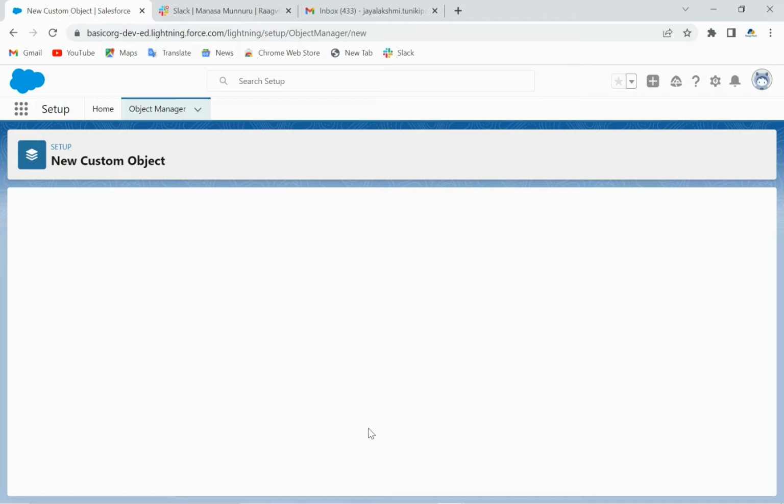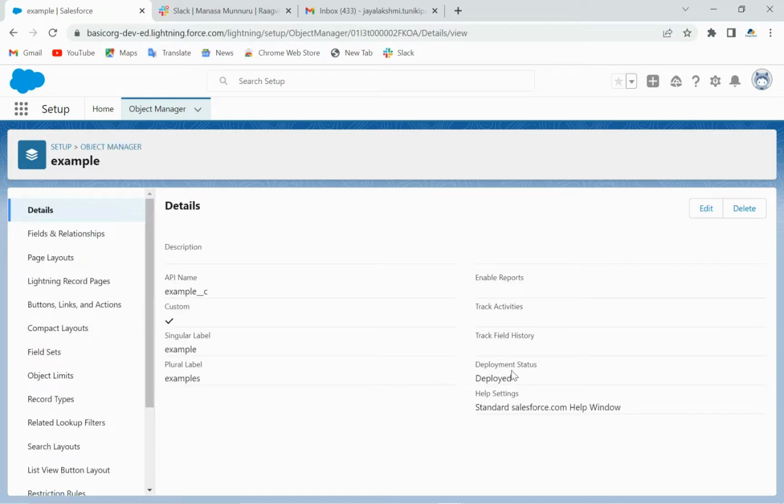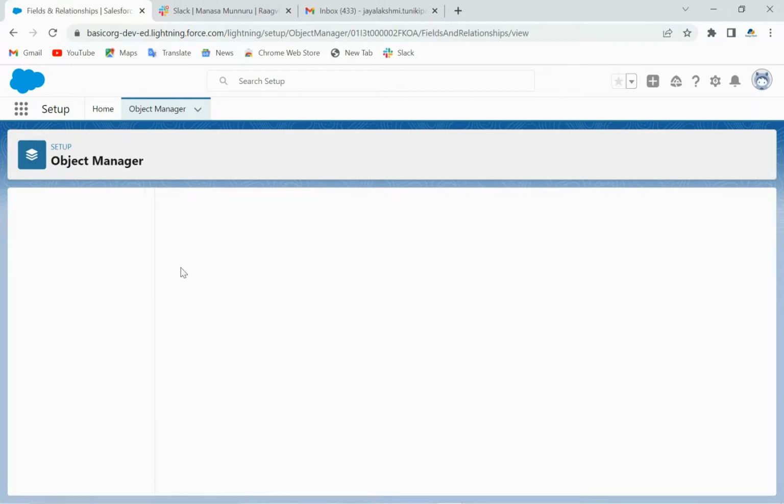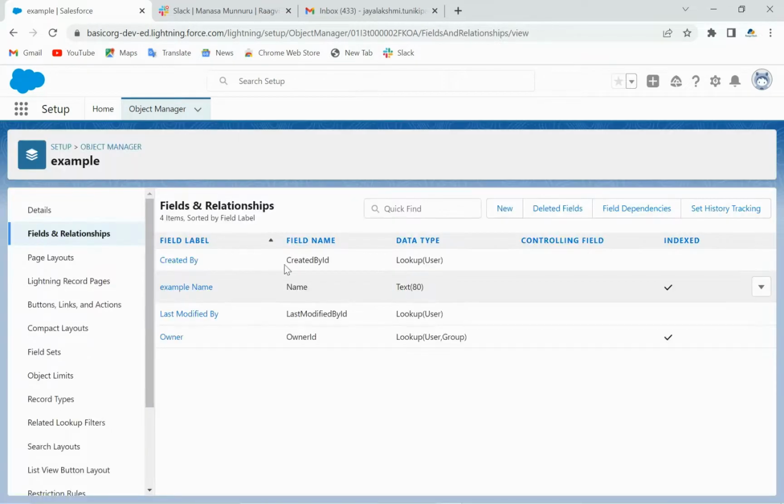So with this custom object, we can create any customized fields. So let us save this object first. Here, this object got saved. Going to the fields and relationships of this object, we have just created an object. We have not created any fields for now, but these are all the fields which are created by Salesforce itself. So if we want to create a picklist here in the fields and relationships, just click on new,